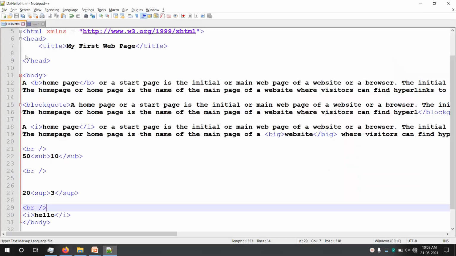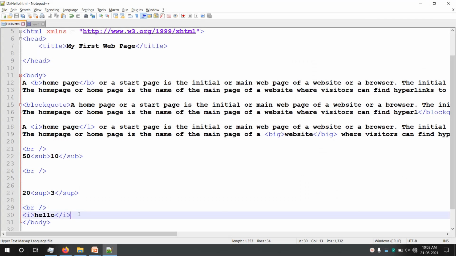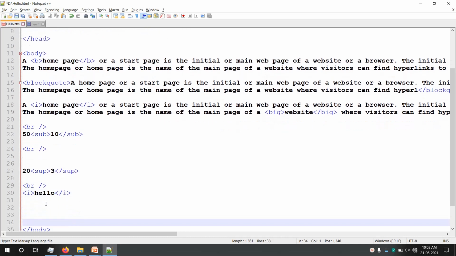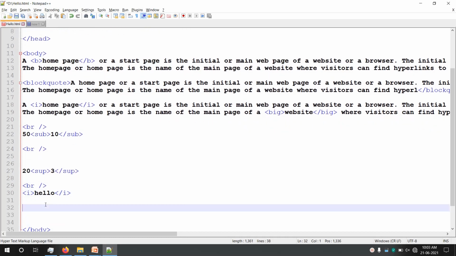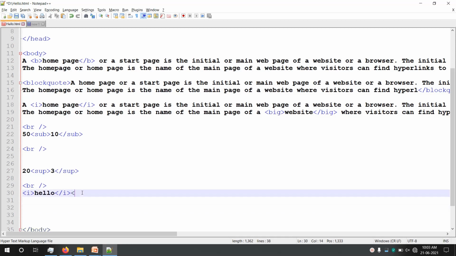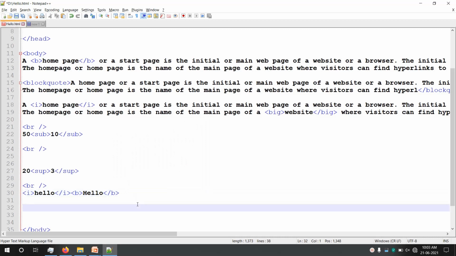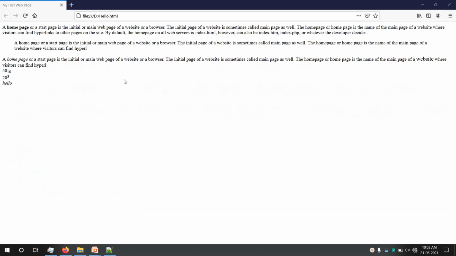Now let us look at the other example, that is the block element. I'll display one more hello here, two hellos. Now this I'll display by using a bold tag. Even bold is an inline element, remember. So the output